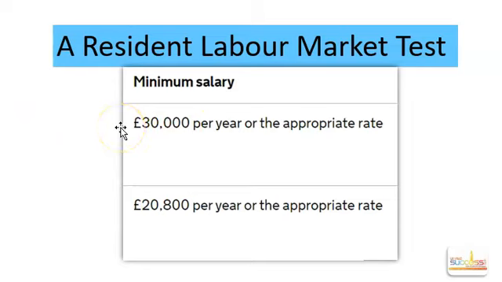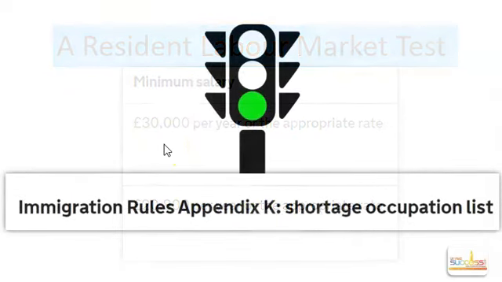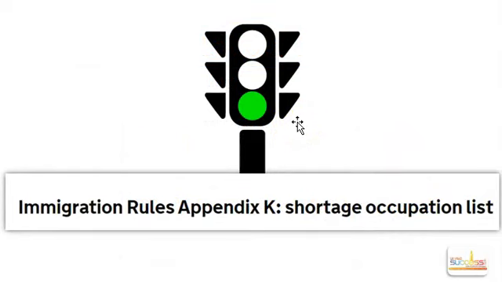There is no need to satisfy a resident labour market test or the minimum salary requirements if your occupation is on the shortage occupation list, which is updated by the Home Office on a regular basis. If your occupation is on this list, you have pretty much a green light to come to the UK, provided, of course, you have an employer wishing to invite you. This employer will need to be licensed by the Home Office,